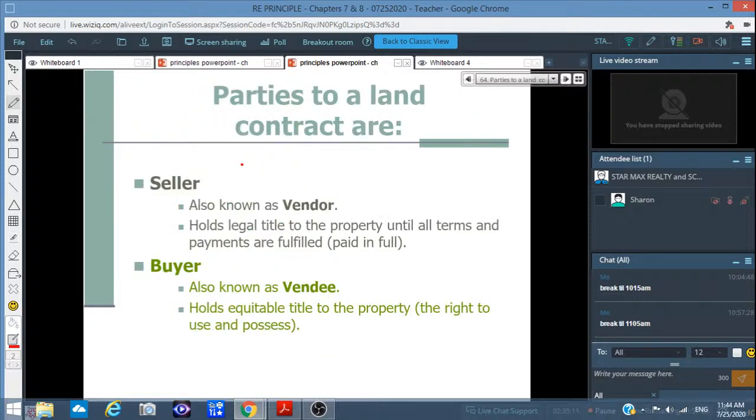Okay, parties to land contract are seller is called the vendor because they're selling it, right? Buyer is the vendee. 这个名称你要记住，OK？They hold legal title until all terms and payments are fulfilled. Pay off, OK？付清之前，这个产权还是这个卖主的，OK？买主他可以用上这个房楼，OK？然后他付清之后呢，他就有这个产权了，OK？